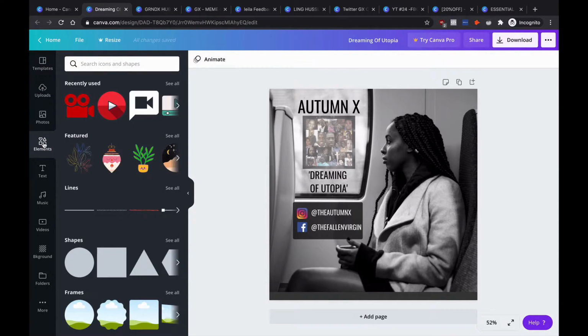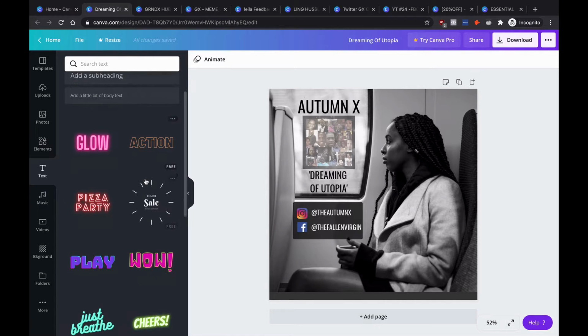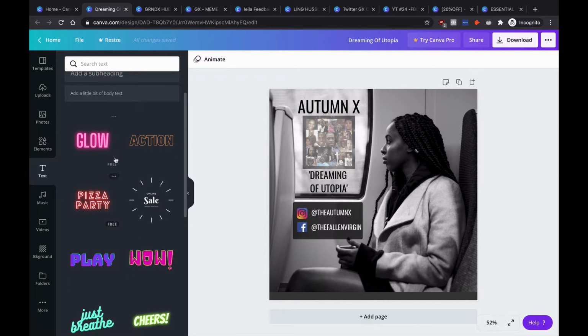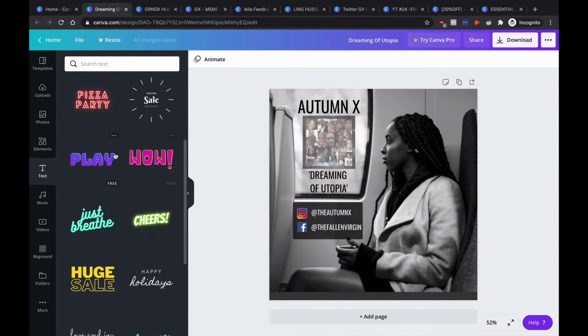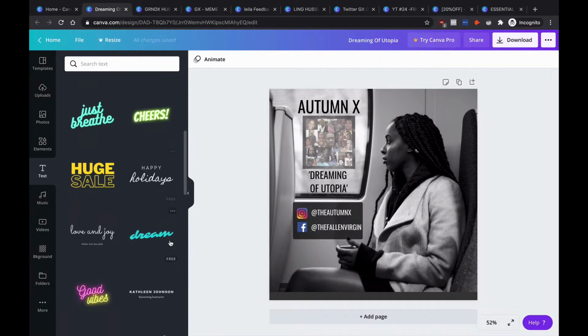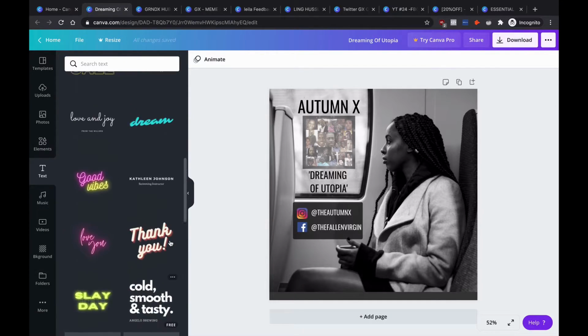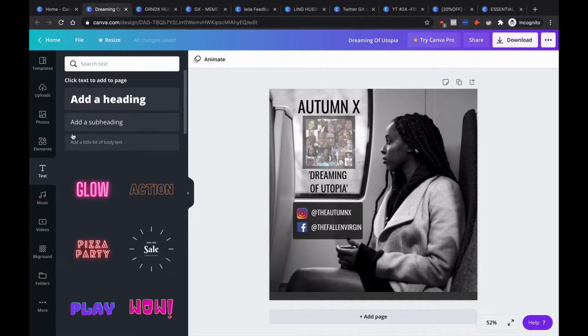You've got elements that you can use to add a little bit more flavor to the images you can create. You can add different types of text, as you can see here, glowing text that has more ranges of colors, layered text, different types of fonts that you can use. But the main aim here is, instead of just creating cover graphics that is associated to the track that you're releasing, you can go into Canva and create your own bespoke content that is aligned around the track you've released